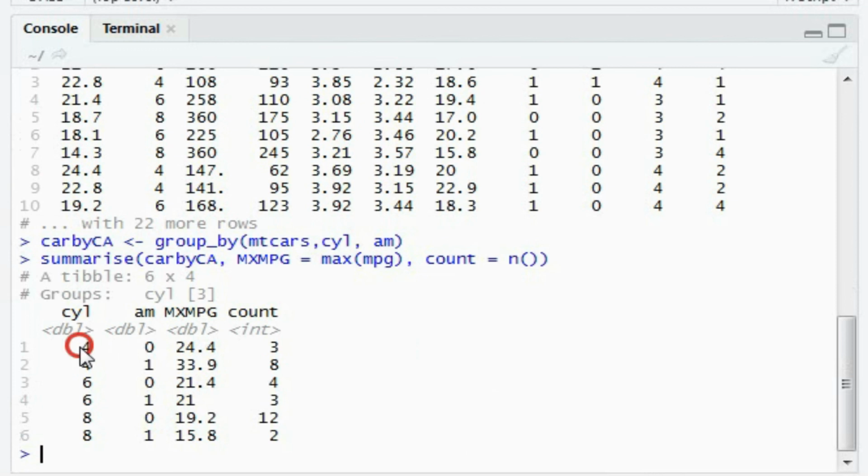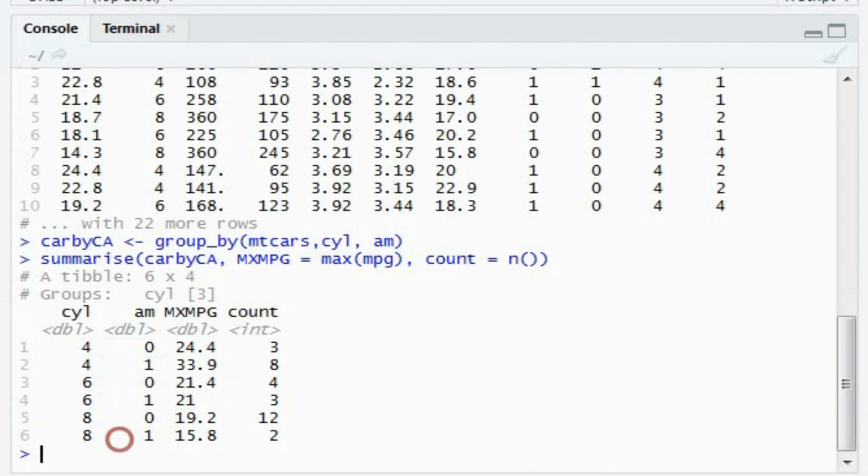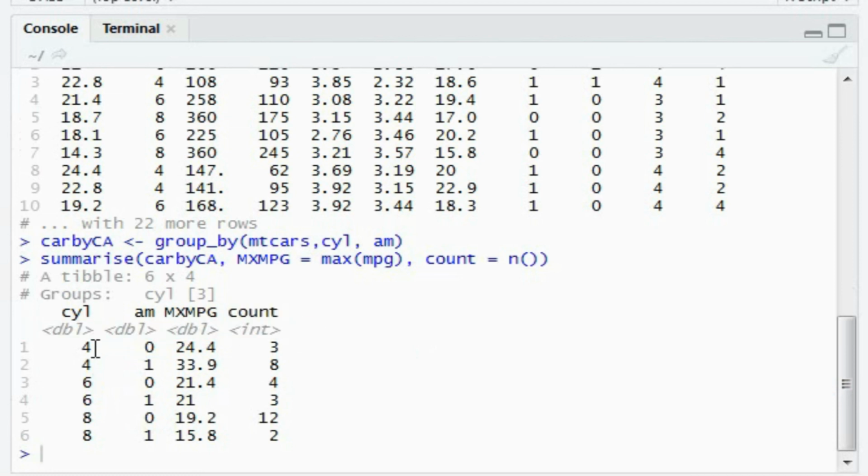So in this case 4 0, 4 1, 6 0, 6 1, 8 0, 8 1, like this 6 groups have been formed, and for all the 6 groups you have the max of mpg evaluated, and it also shows the count, the number of observations in each group. Say for 4 0 there were 3 observations, for 4 1, 8, for 6 0, 4, and so on.